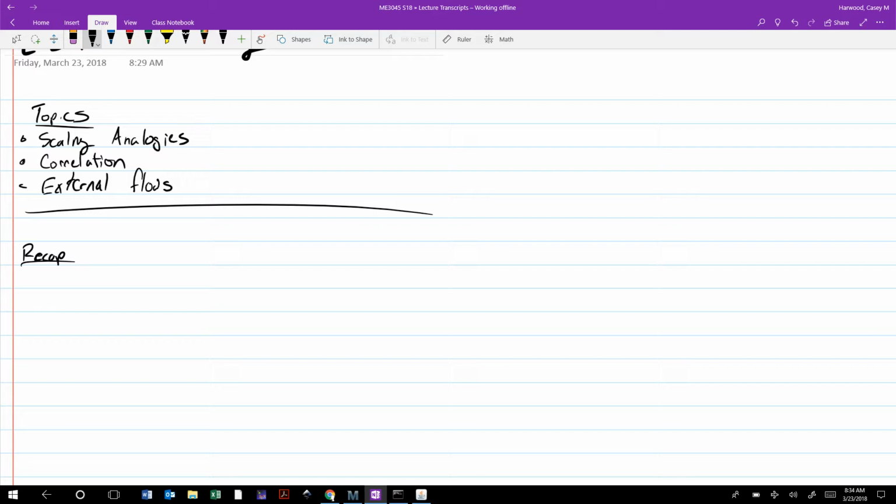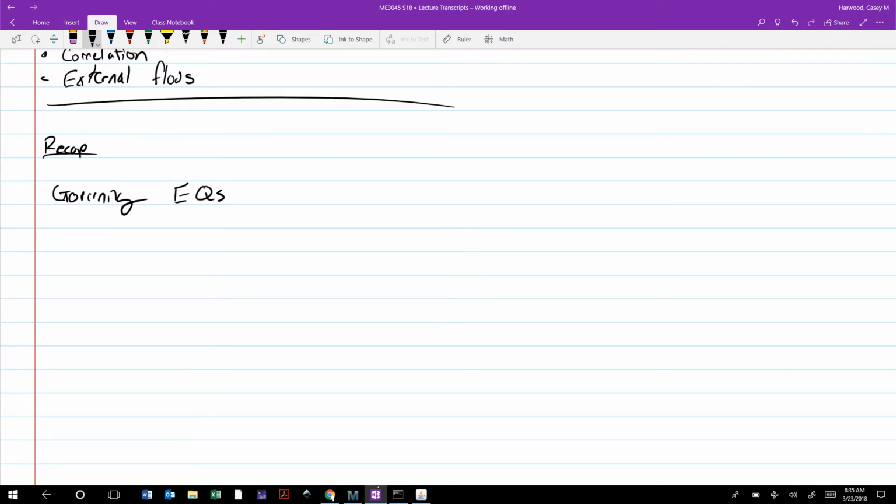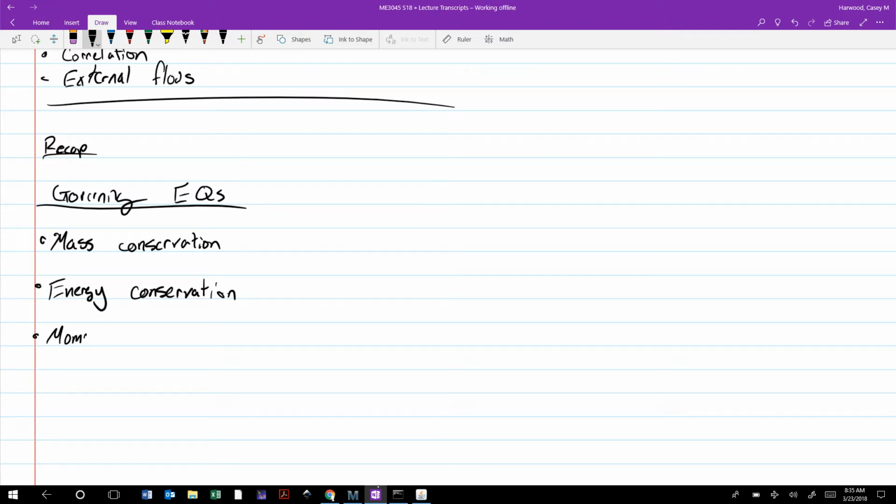When we're dealing with convection, our governing equations are comprised of statements for mass conservation, energy conservation, momentum conservation, and so these three statements